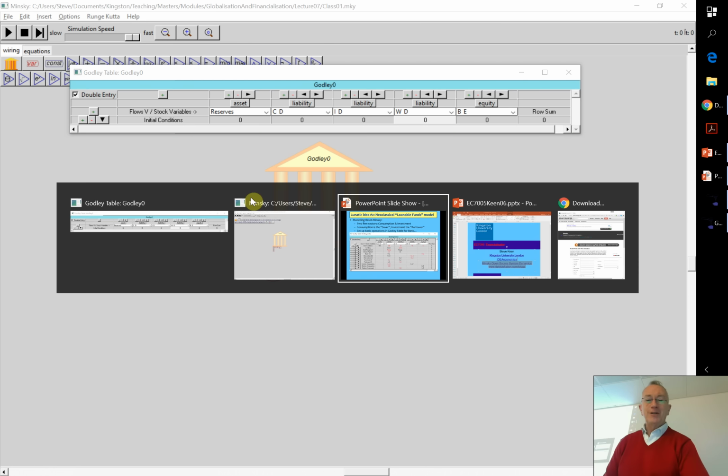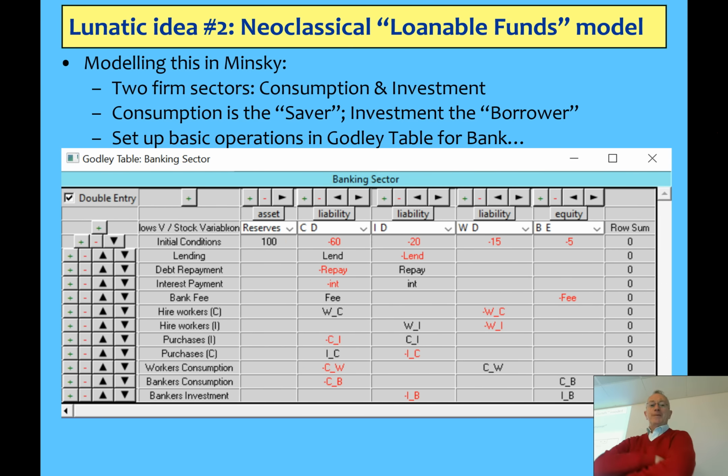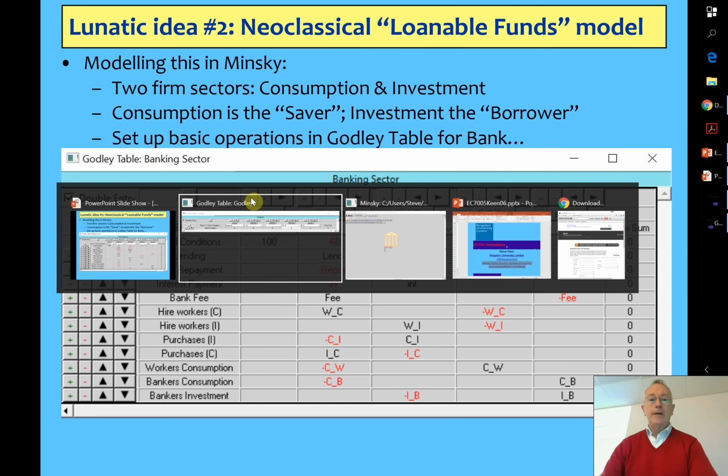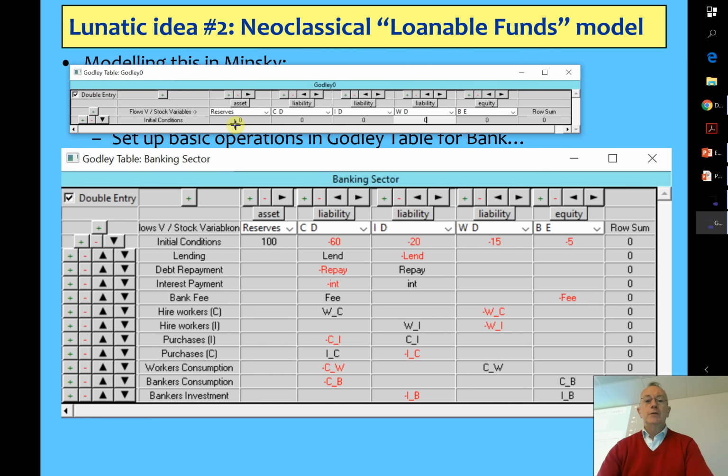I'll bring up the slideshow so you can see it at a larger scale. Is that easier to see? Okay. Having done that, everything Minsky does with the Godley table is make sure all your account definitions are consistent, and one element there is that your initial conditions have to add up as well.